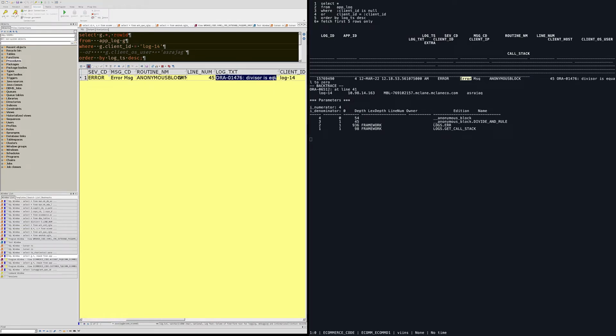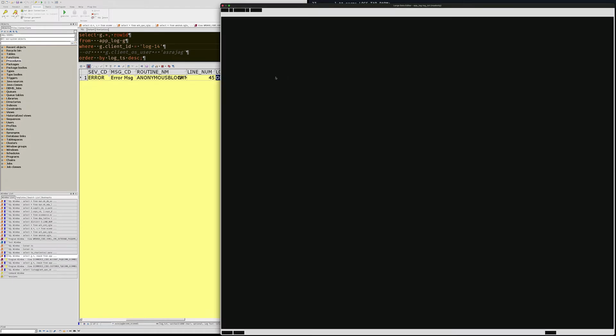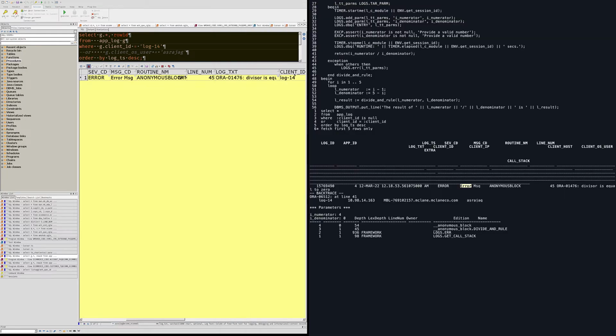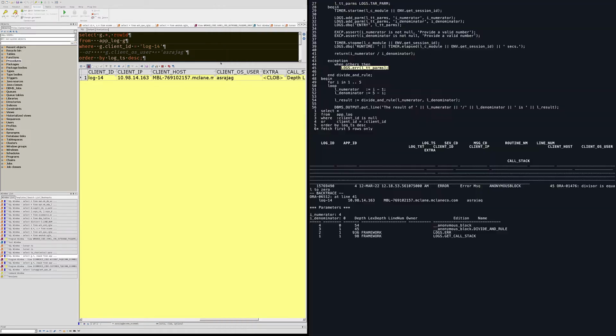So it says divisor is equal to 0. It happened in line 45. Line 45 is where it raised the exception, and the backtrace says, oh, go to line 41. The line 41 is where we did the division, right? Division. So because of this, it went to line 45, right? And then the call should give you the parameters. So it says numerator is 4, denominator is 0,